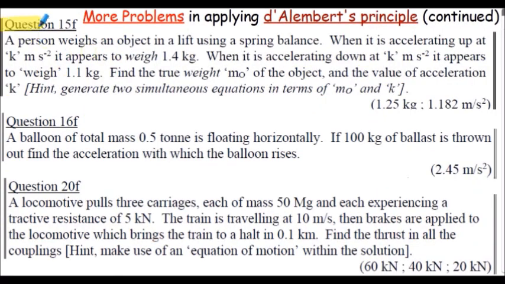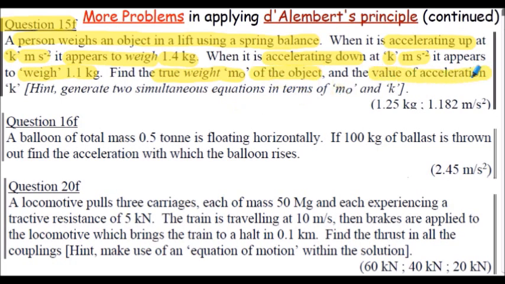Let's consider question 15f. A person weighs an object in a lift using a spring balance. When the lift is accelerating upwards at k meters per second squared, the object appears to weigh 1.4 kilograms. When the lift is accelerating down at k meters per second squared, the object seems to weigh 1.1 kilograms. We're asked to find the true weight, labelled m0 here, of the object, and the value of the acceleration, simple